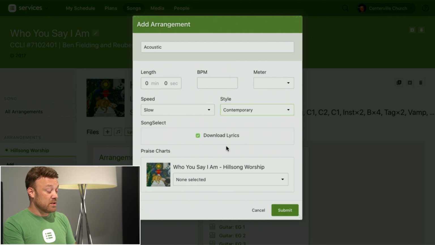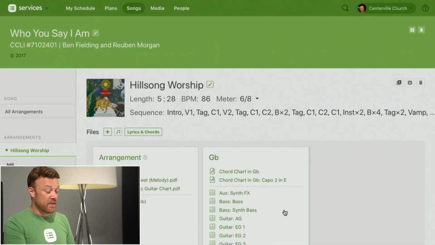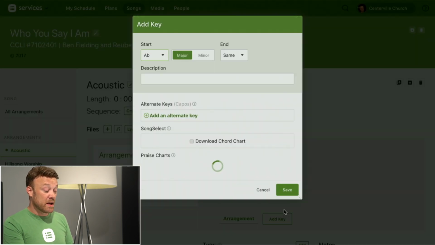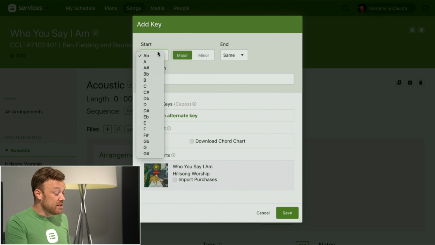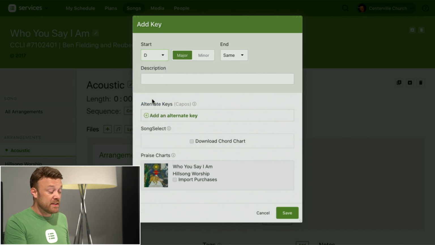I do want to download the lyrics, but I don't actually want to import praise charts because it's the wrong arrangement of this song. So I'm not going to select it. I'm going to click Submit on that arrangement. Now it's going to ask me what key I want to do it in. So I am going to choose the key of D for this, because that's what key I want to do